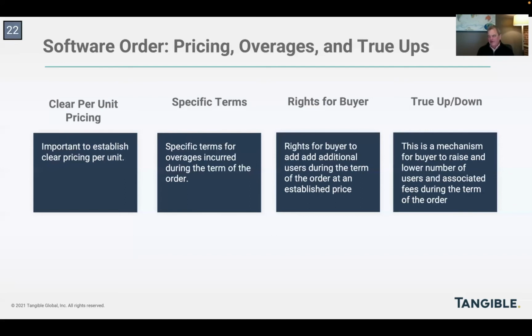And finally, a feature that you will often see in software orders, and as we'll discuss also in SaaS orders, is some kind of reconciliation at the end of a particular usage period. So the client may pay a particular tier price. For example, they may say, I'm paying $100 for 1,000 users on January 1. Then they get to the end of that usage period, let's say June 30. And vendor and client look at what the actual usage was as compared to the projected usage for that usage period. And they'll have a so-called true up or reconciliation of that actual usage.